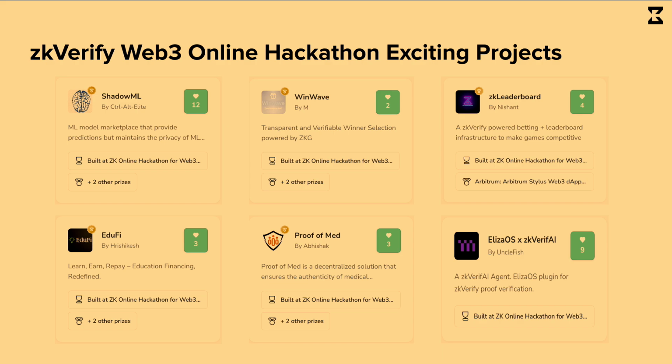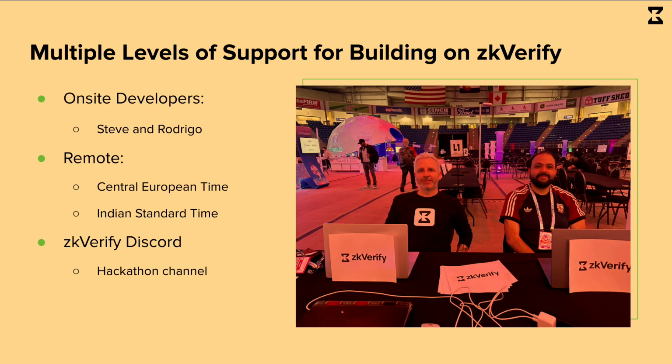and that can be verified at the pharmacy. Now, the one on the bottom right wasn't actually a Web3 prize, but I included it here anyway because it's pretty neat. ELIZA OS is an AI agent type application, and this integrates ZK proofs into the AI agent. It's worth taking a look at, and it allows you to prove that certain things are true and improves your interaction with the agent.